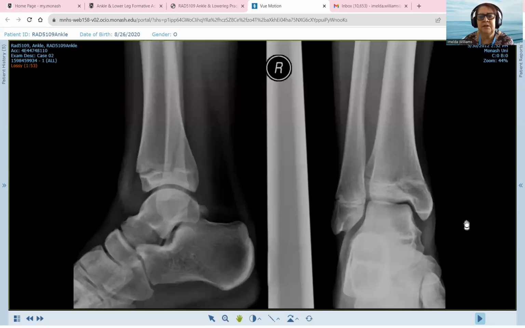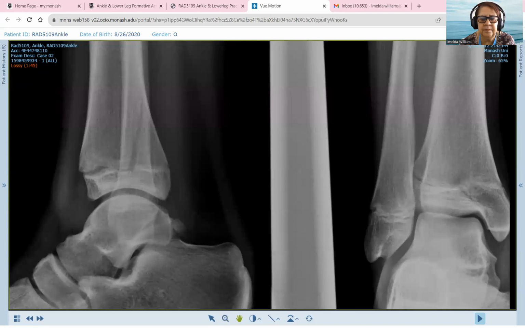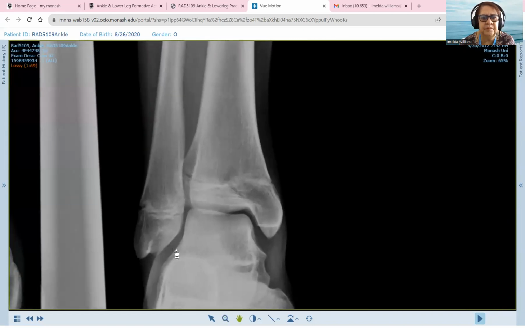So the next case is that of a pediatric patient who was referred after falling off his skateboard. So if we focus first on the AP view, we are able to see that there is a lucency. So here is the epiphysis of the patient. We can see there's a lucent line going across. The ankle joint itself looks intact. The lucent line doesn't look like it's going across the articular surface, so it appears to be lower than the